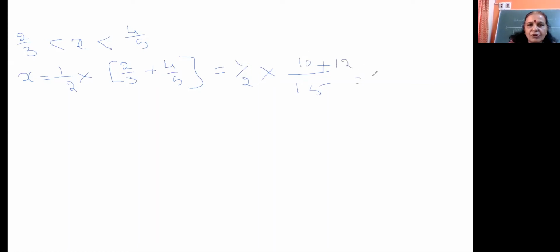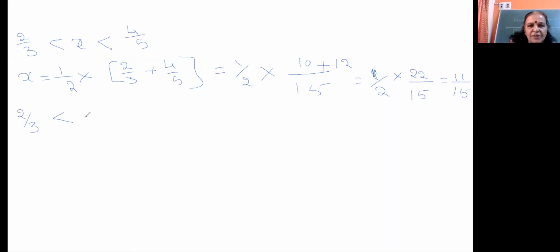That is equal to half into 22 by 15. If you divide 22 by 2, you will get 11. Therefore 11 by 15. You have found one rational number which comes in between,